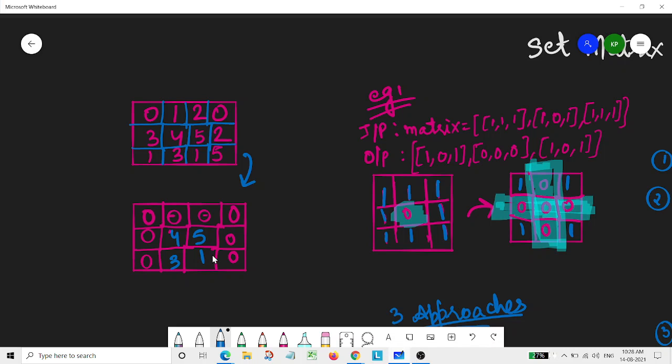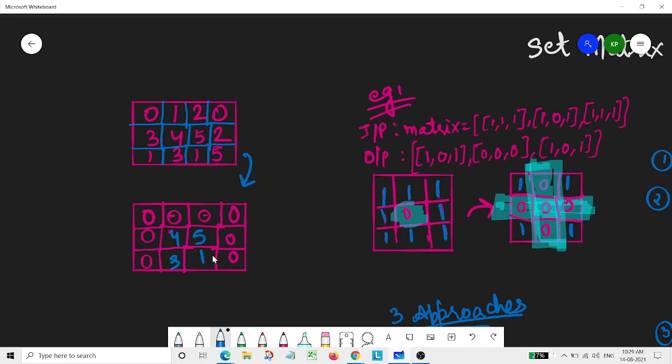Now the question comes up: how will we proceed with this? There could be multiple zeros, or there could be only one zero, and every time we need to know which row needs to become 0, and we also need to check for the column which should be 0. There shouldn't be any sort of conflict, where a particular column becomes 0 because of another row, and then we miss out on some other columns or rows which need to become 0.